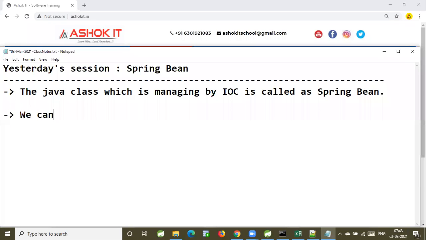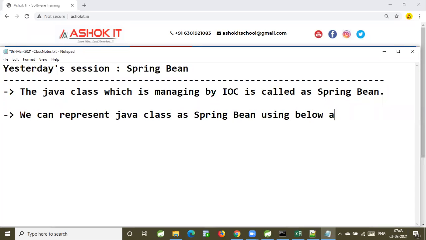Now, we can represent a Java class as a Spring Bean using the below annotations. What are those annotations? One is @Component, second is @Service, and the third one is @Repository.